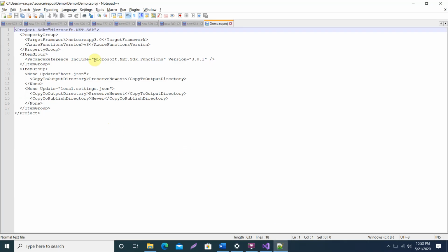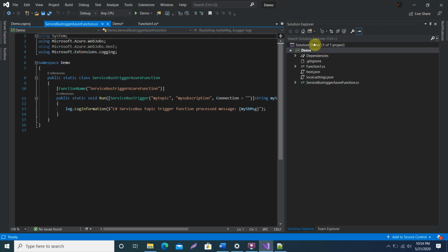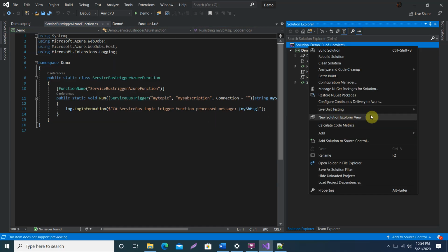Okay, so meanwhile it got opened. You see, when you create the project, at that time only you have to choose the .NET Core on which you want to point this Azure function, and the version of the project. Let me add another project into it.